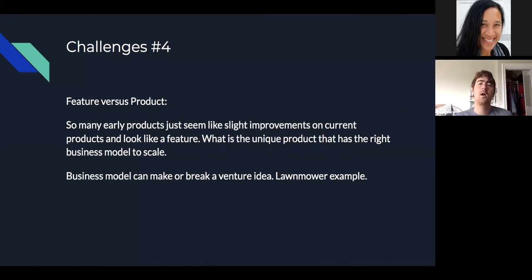Challenge 4, I think about, and there's definitely more challenges than just the 5 I will present. But I talked about this a little bit earlier, feature versus a product. And this is probably the most common thing I'll see with entrepreneurs who don't understand why they're not raising venture at the time. And this can come down to business model many of the times, and we'll talk about that in the end. But essentially,